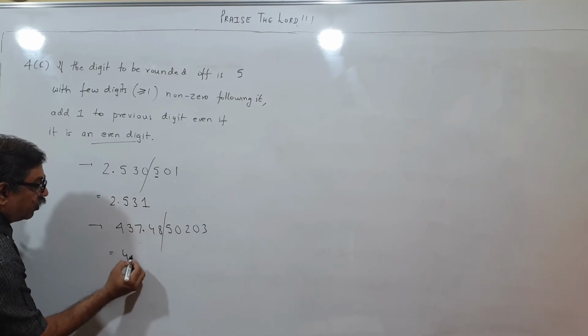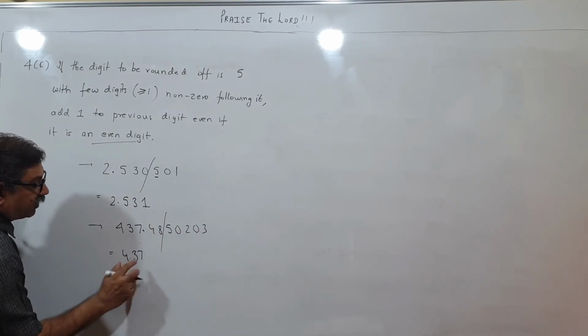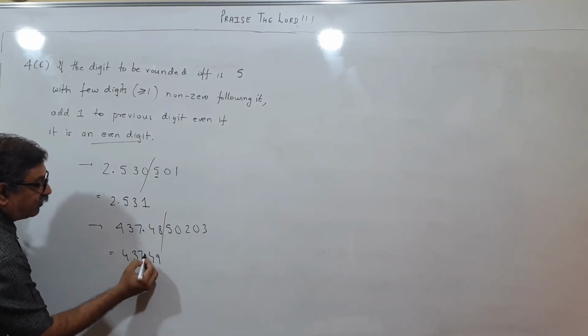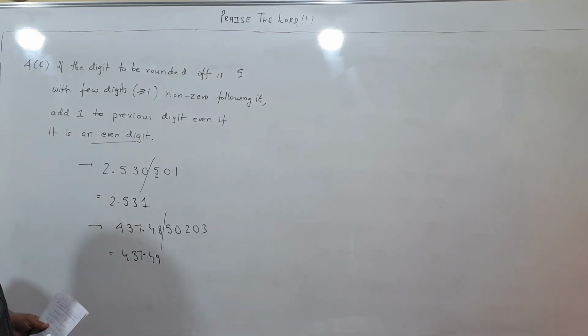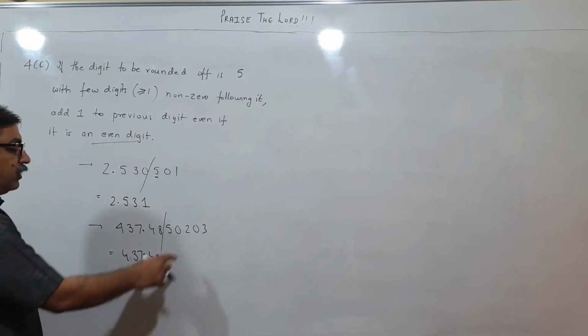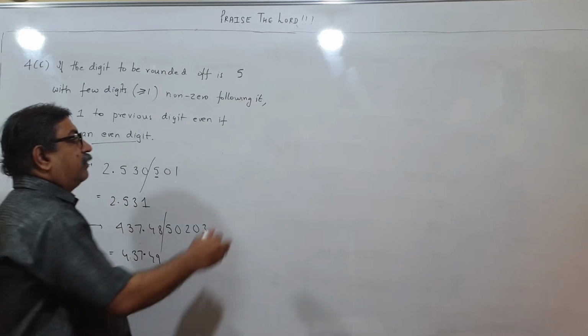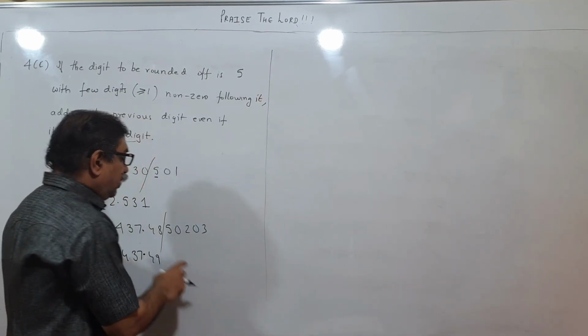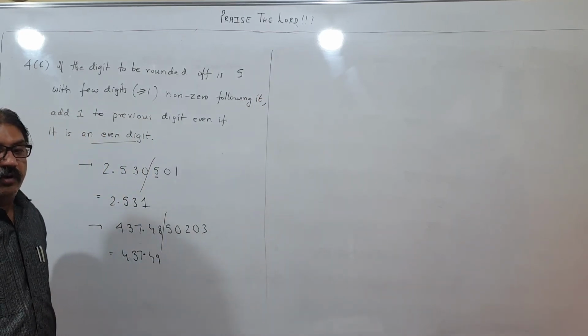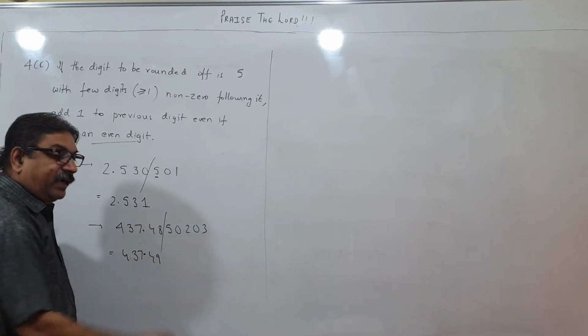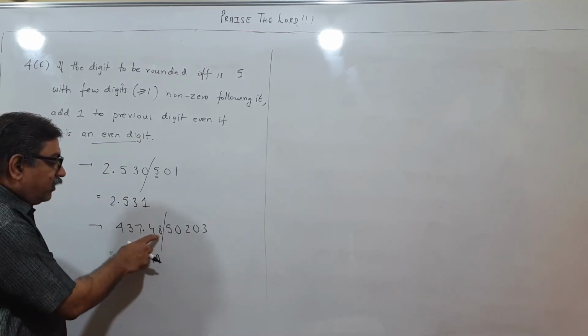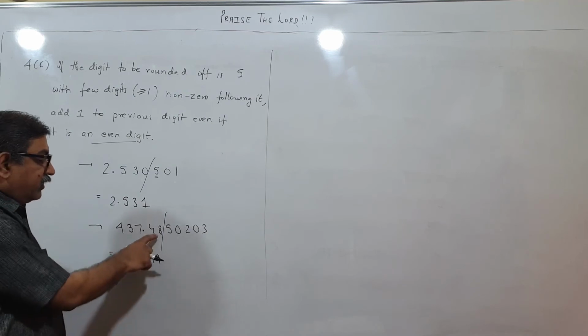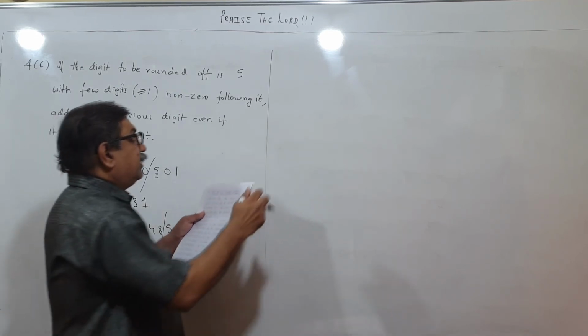So this will become 437.49. Please take care. Your answer won't be 437.48, because 5 is to be rounded off, and therefore you have to see if there is any non-zero digit following 5. Yes, there are. At least one digit is there. So we add 1 to 8 even if there is an even number. Then